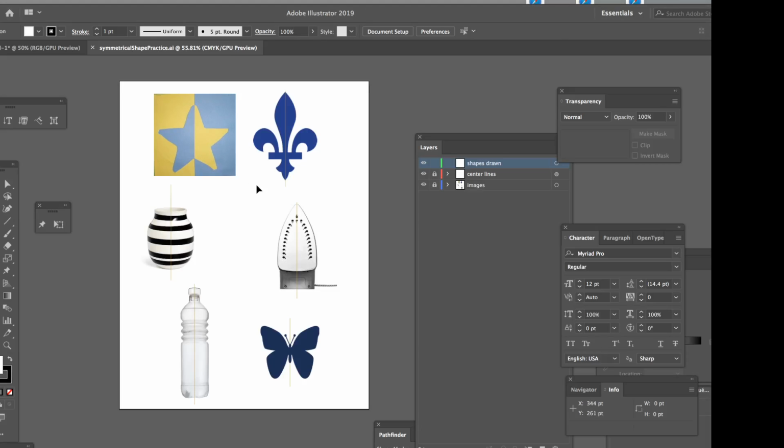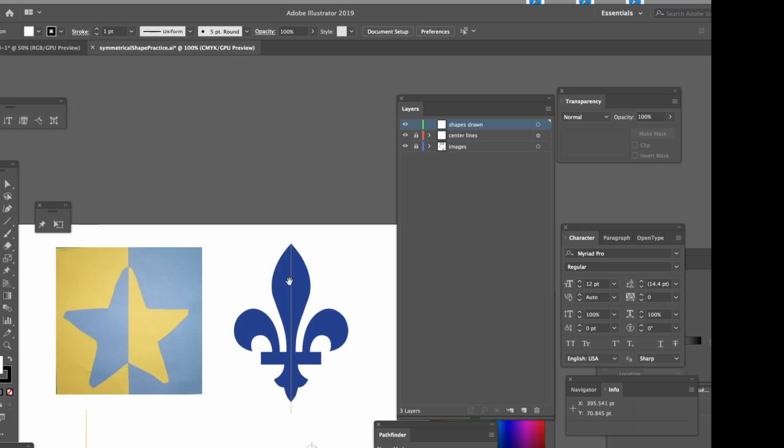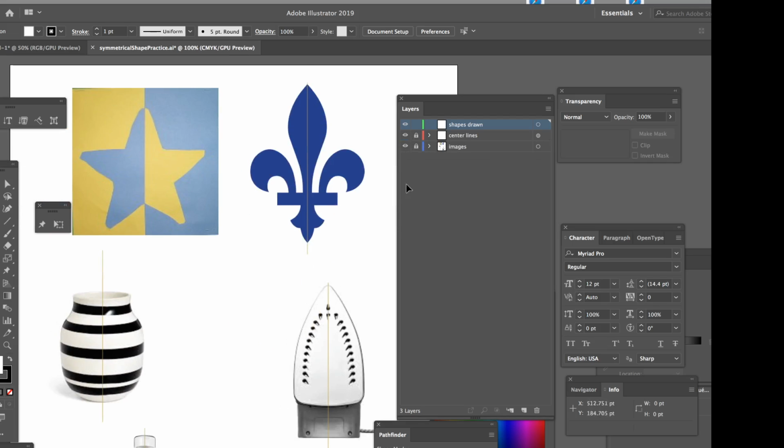Okay, the last practice is the file called symmetricalPractice that you download. Here it is, and this is a layer ready to draw on top of, so there's nothing on it. This is the center lines of these. I just marked as close to the exact center as possible, and these are placed images. So where you work is here,